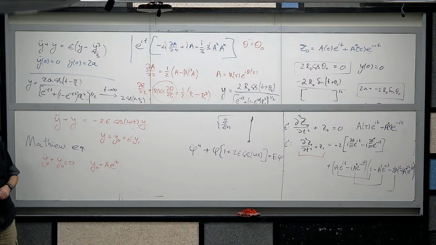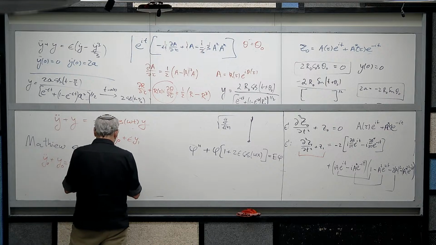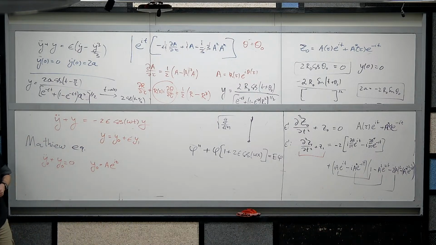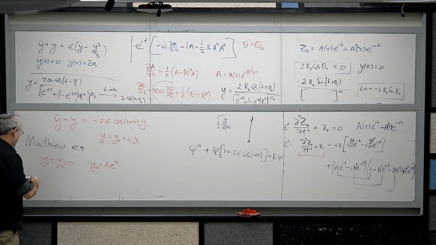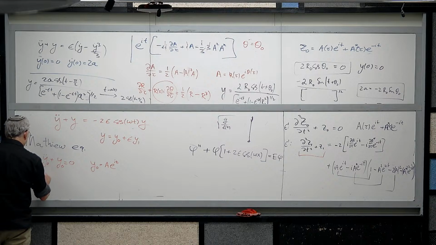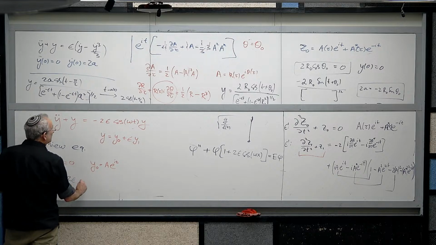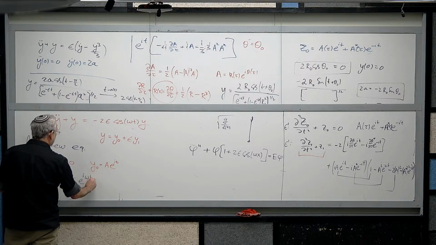Or maybe I want to write it like, why did I do that? I don't know, but let's write it as a times e to the it. For some reason I wrote it in all its glory, but I don't know why. Okay? Fine. And now let's plug it in. So what we have is y1 double dot plus y1 equals 2 epsilon times e to the i omega t